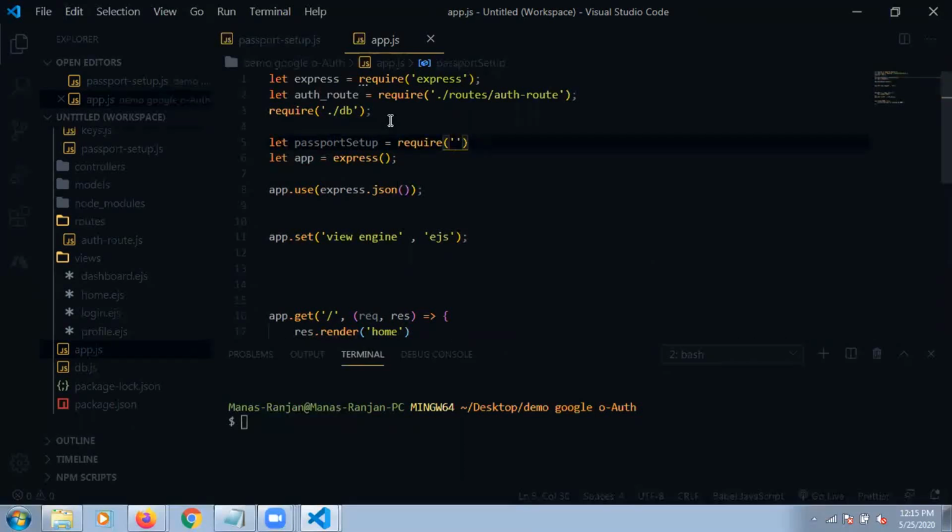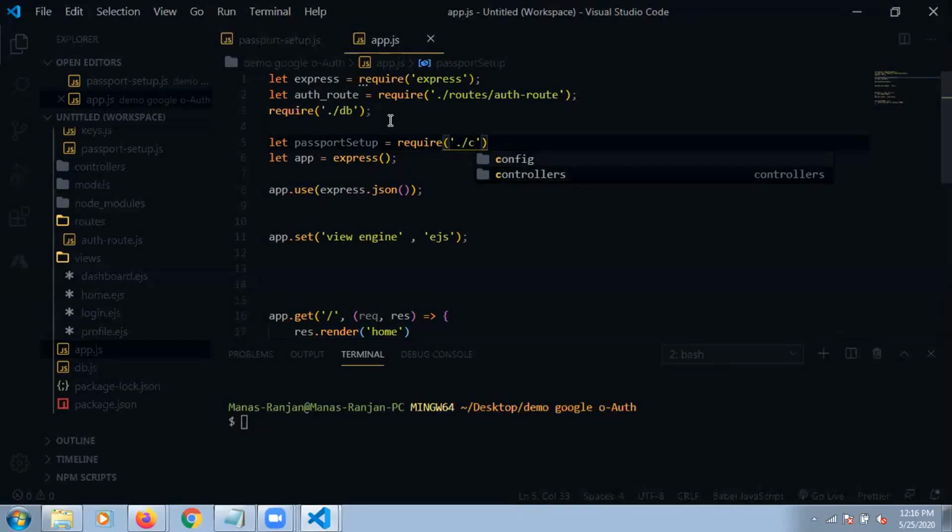Whenever you want to find any local folder, you can just put a dot and then slash. Now we can see the double dot, or you can directly find it. It will take some time. Local path. See, our routes also is there, so you can go for the config folder.